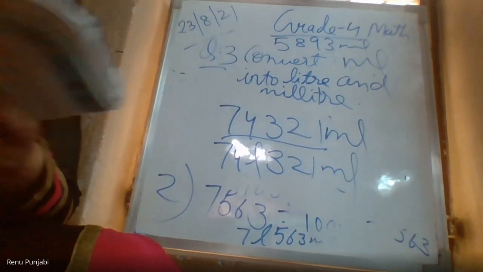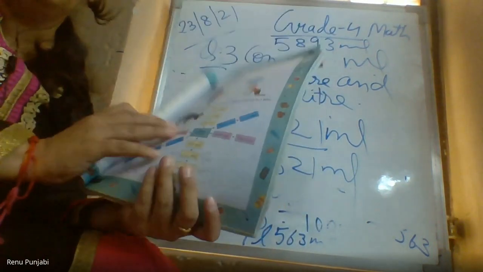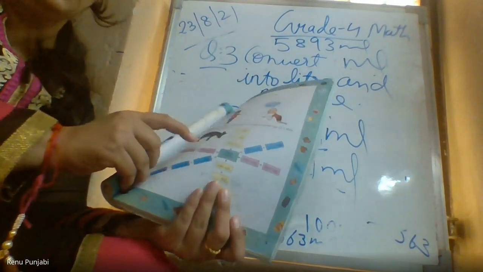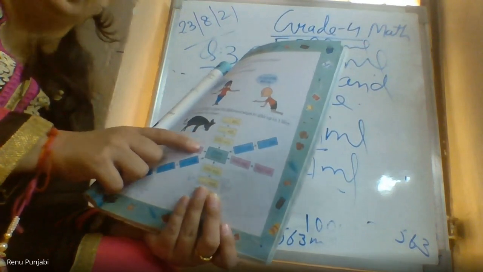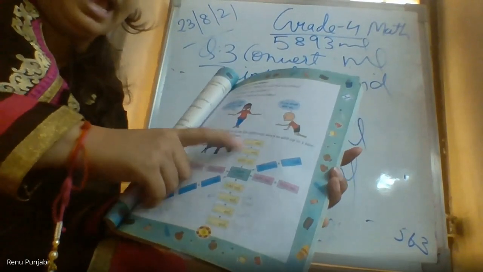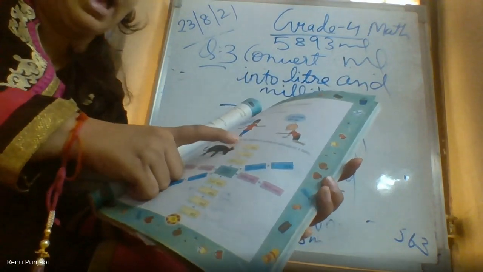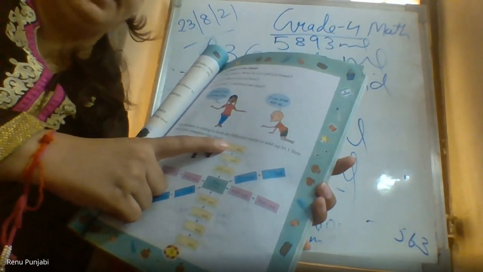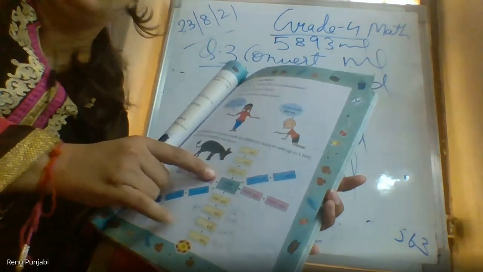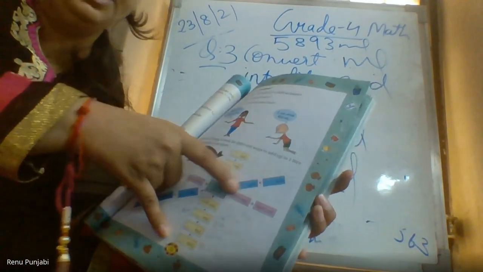So now take out your page number 73 also, students. Here are different combinations given to make 1 liter. So you can fill these yellow boxes, blue boxes and pink boxes for finding the different combinations. I will give you one example. It's written 1 liter in the middle, and if I take the yellow boxes, 250 ml is already given. So if I take in one yellow box 500 ml, plus 250 ml plus 250 ml which is already given, it will make 1000 ml. Right? So you can make the different combinations and fill this.